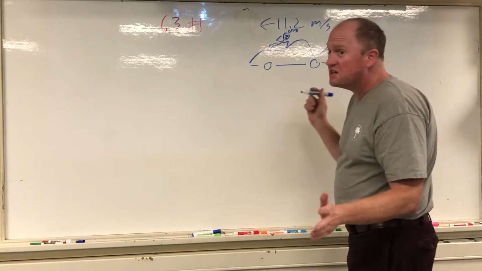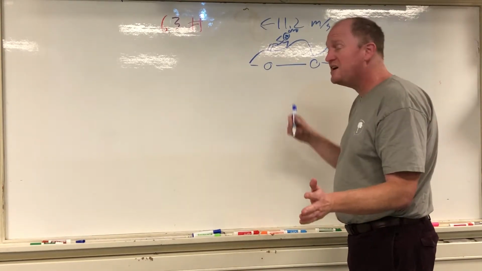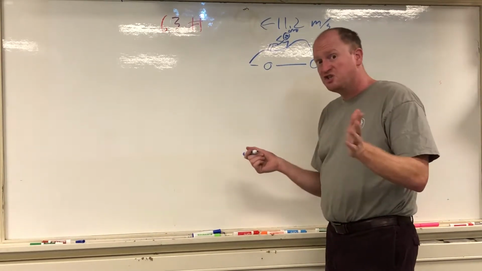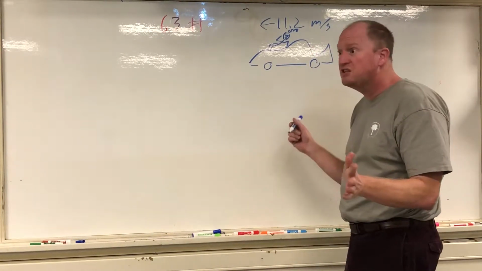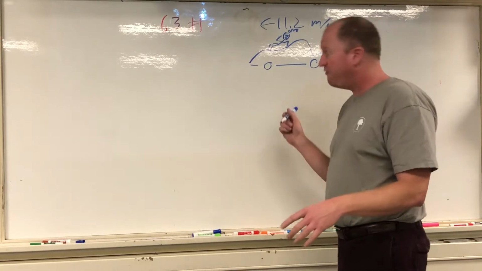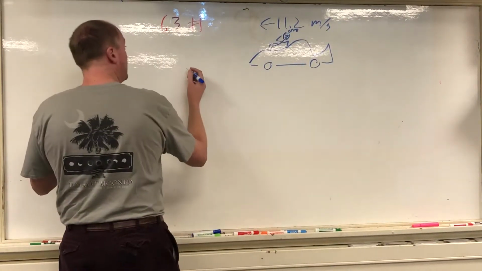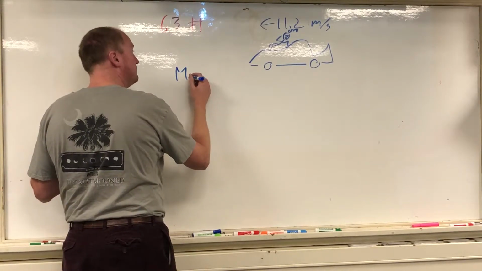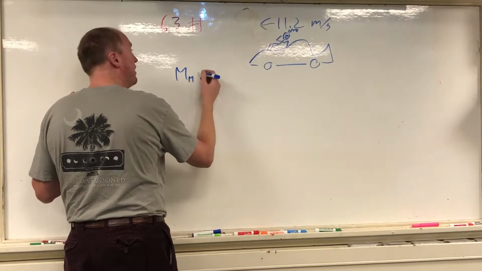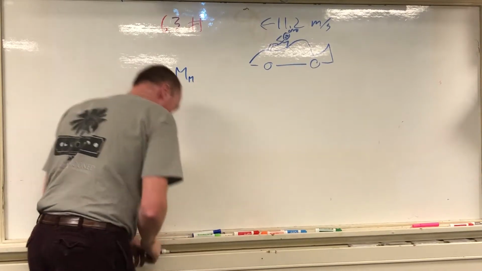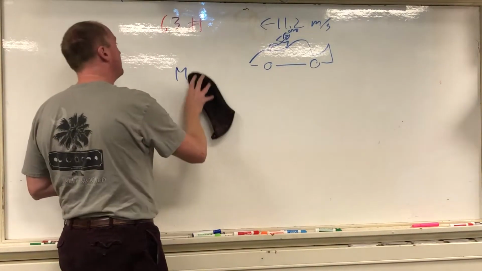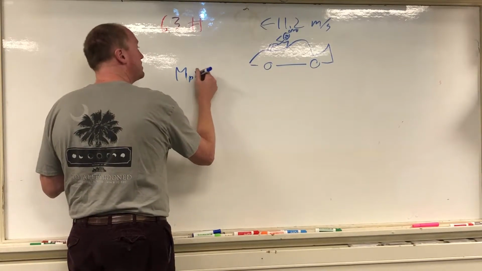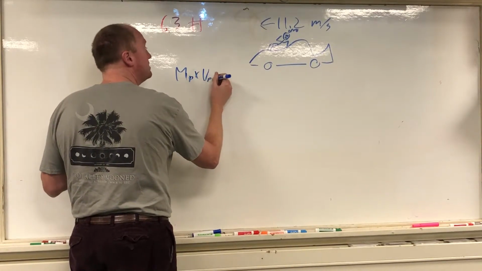Now, what we're asking here is how fast the car is going with you on the hood after the collision. So we're going to use the laws of conservation of momentum to figure out how fast we're going. It stands to reason that your mass, let's make it mass person so anybody can know, the mass of the person times the velocity of the person initially